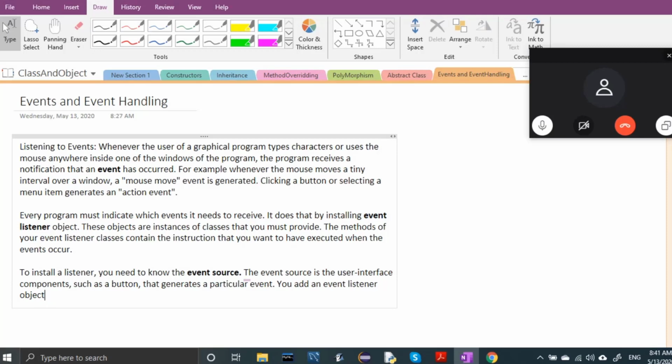To install a listener, you need to know the event source. The event source is the user interface component, such as a button, that generates a particular event. So you add an event listener object to the appropriate event source.